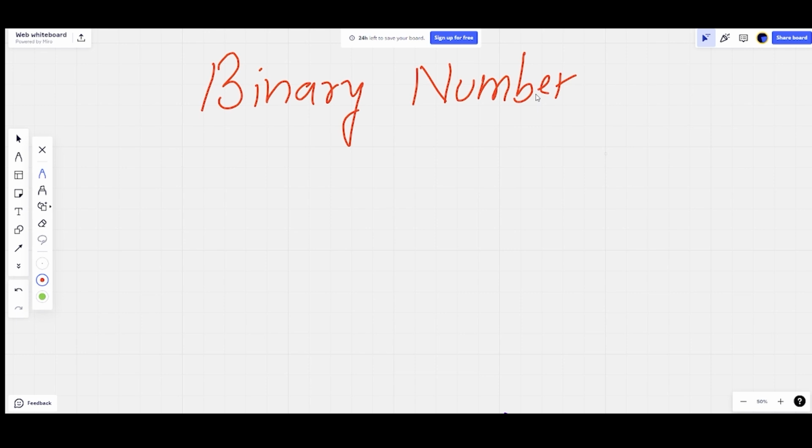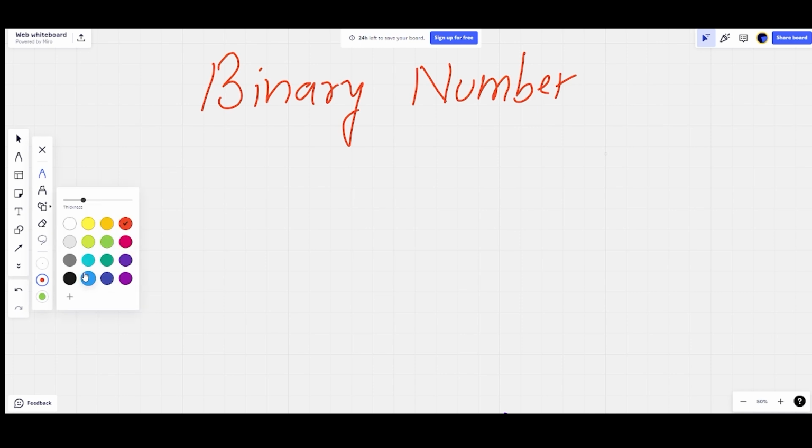It is just how you can find binary numbers and how computers work behind the scenes. I'll give you the idea about how to find binary numbers from any number you can think of. I will show you two ways to do that. One is a difficult way, one is an easier way. It may be easier for you, it may be difficult for me. So whichever way you find easier, you can choose that. I will show you both the ways.